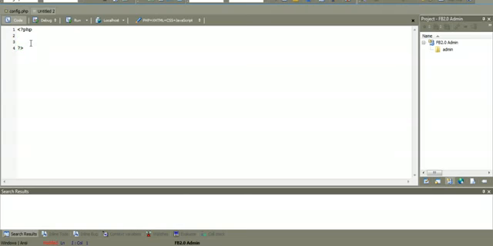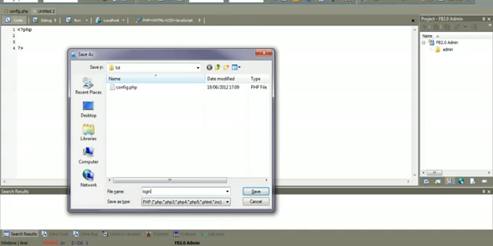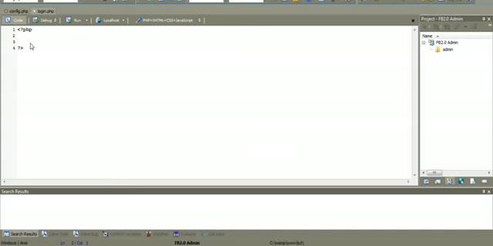Open up a new PHP file. I'm using PHP Designer 7. You can use anything, Notepad, Dreamweaver, whatever you want to use, it doesn't matter. This is not a sponsor video or anything along those lines. This one is going to be our login form. So I'm going to save this as login.php, and then we're going to open up another one and save this as